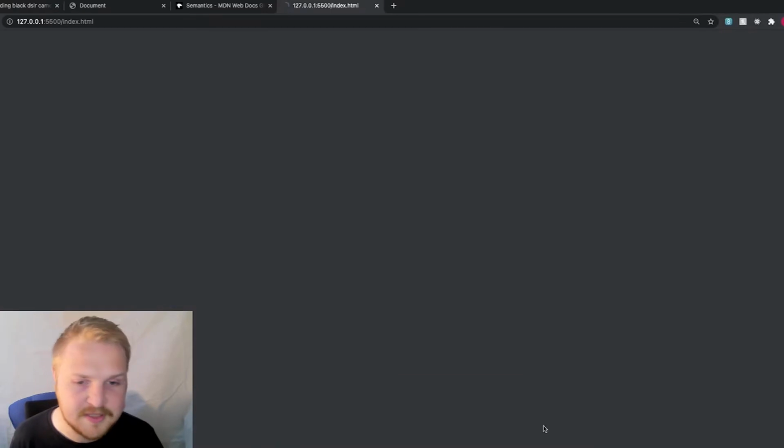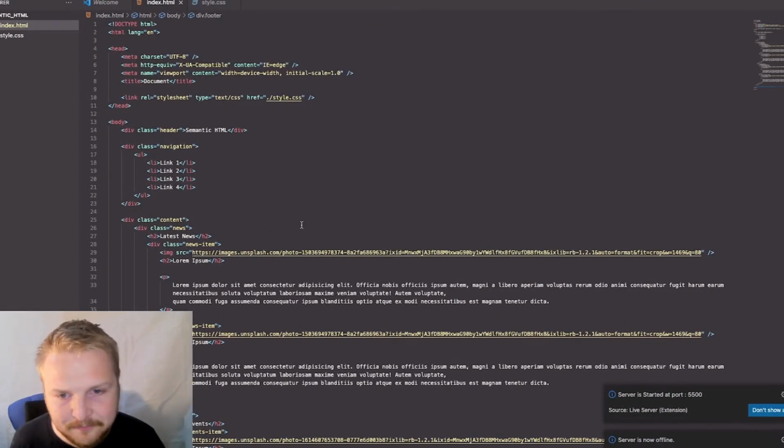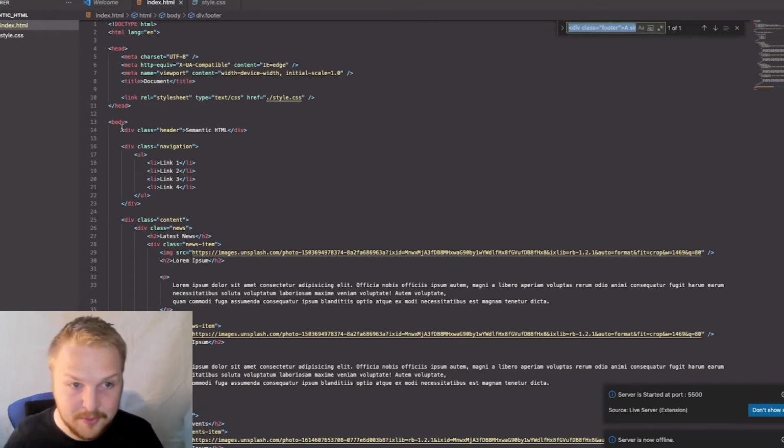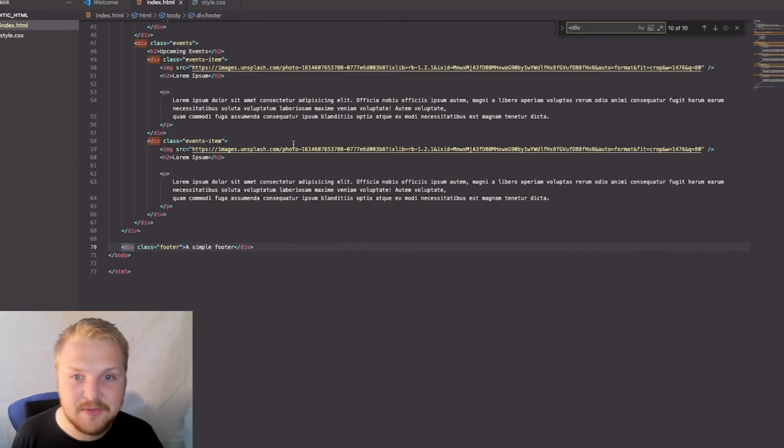If I fire this live, you can see it's nothing special, but this is the page I've created just to show a basic layout, and this is created solely with divs. So if we go and have a quick look at the code, as you can see here, if I search through my divs, I currently have apparently 10 different divs on this page,